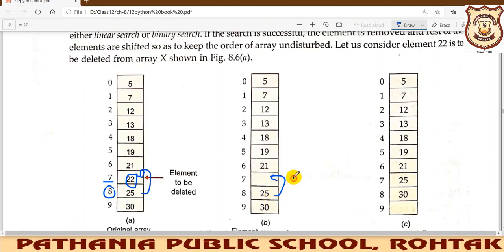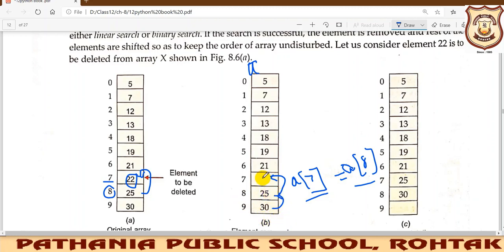So let us say this is list A, and A7, the 7th position, is 22, where you want to shift 25. So you will write A of 8 into A of 7. This will automatically replace the value that was present in A7. So A7 will now contain A8, and A8 will now contain A9.